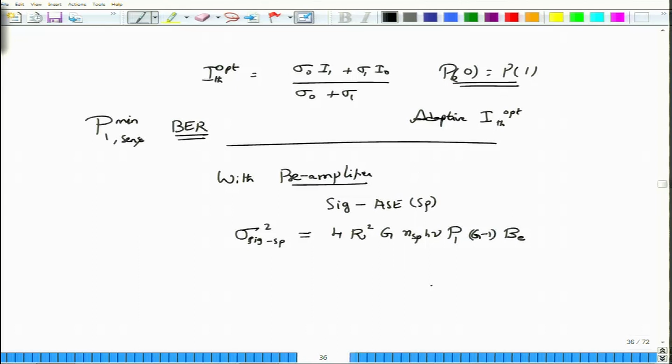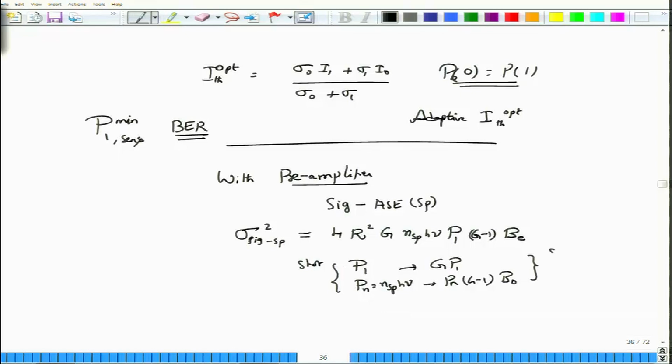The shot noise will also increase, because the input power would have increased. Previously it was P1, now the new power is G P1, therefore the shot noise also increases here. The noise power is say Pn, which is n_sp h nu. This will also increase because now you have a certain amount of gain, but this gain will be within an optical bandwidth of B0. So, this is the noise component, this is for the direct detection case, and this is for the optical preamplifier case. Of course, for the direct detection case Pn will be equal to 0, but this will affect your shot noise.